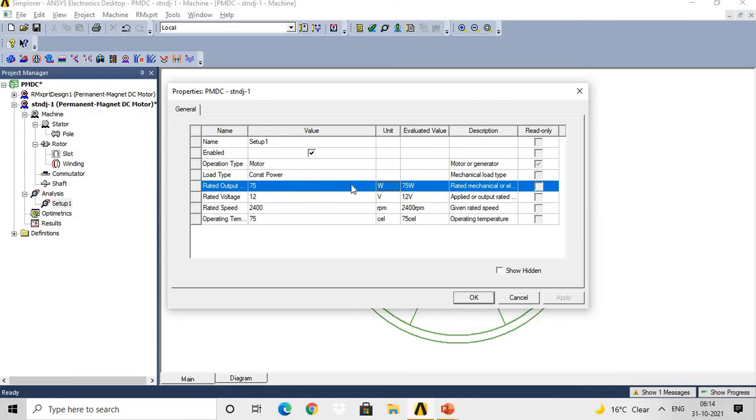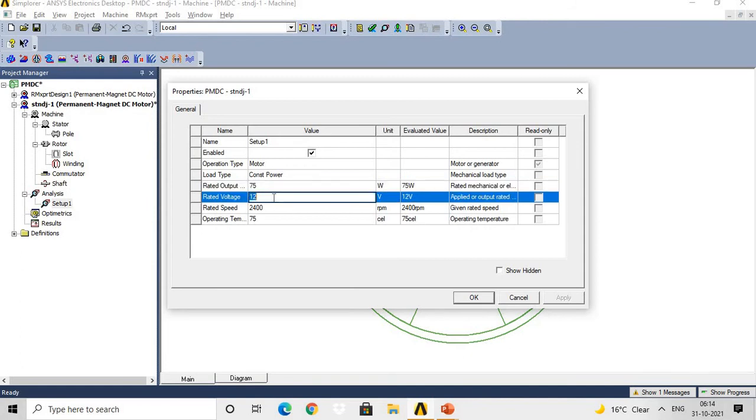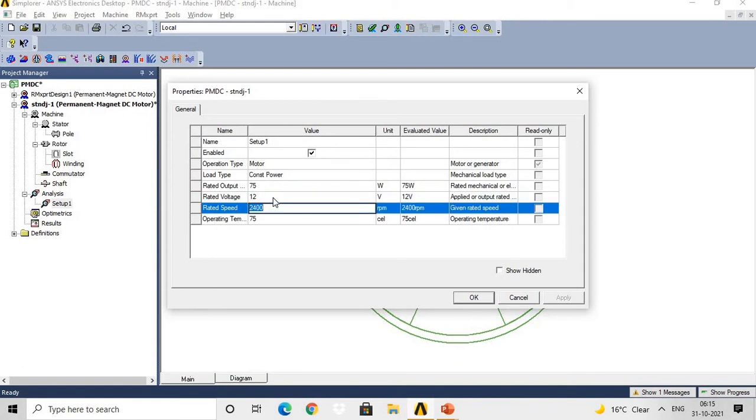Then rated voltage. What is the rated voltage of this motor? 12 volt. If you want, you can change. Then rated speed of the motor, that is 2400 rpm. And I want to check the performance of this motor at operating temperature of 75 degrees Celsius.